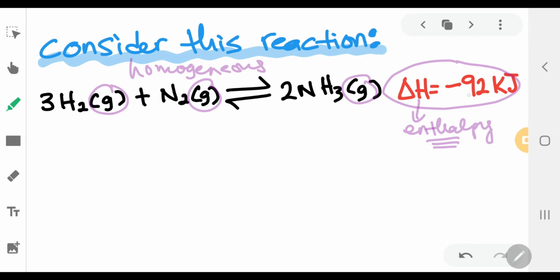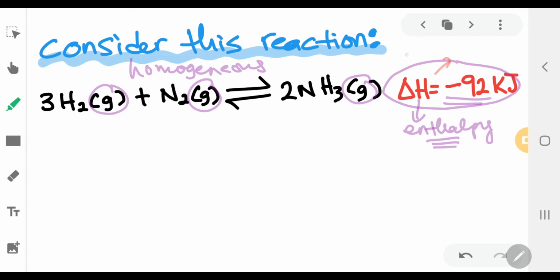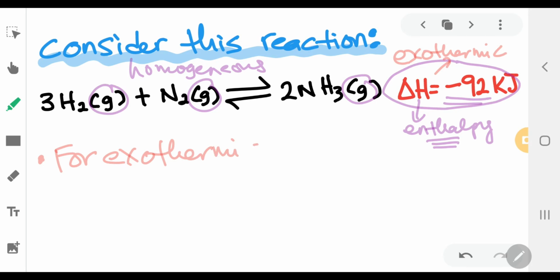When you look at the value of the enthalpy for this particular reaction, we have a negative value right here. When you see a negative value, no matter what the magnitude is, automatically you'll know that this is going to be exothermic. So you have an exothermic reaction over here. And like what we have said just now, for an exothermic reaction,